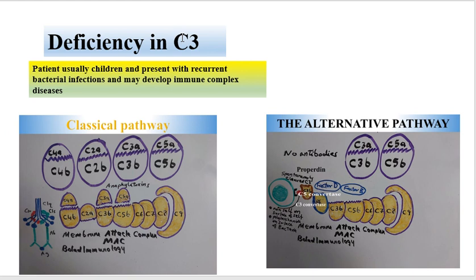Deficiency in complement component number 3. This is a central component in both the classical and the alternative pathway. So it will lead to serious diseases or serious disorders. Usually the patient is a child, and they present with recurrent bacterial infections and may develop immune complex